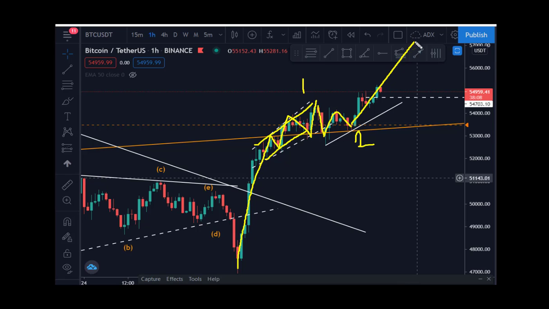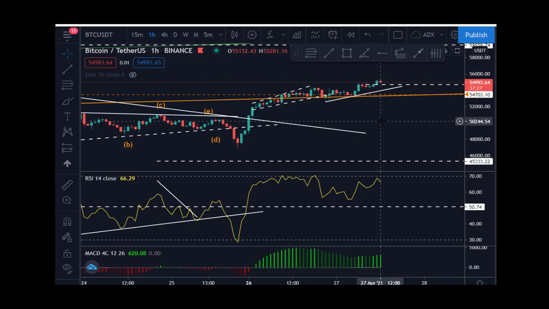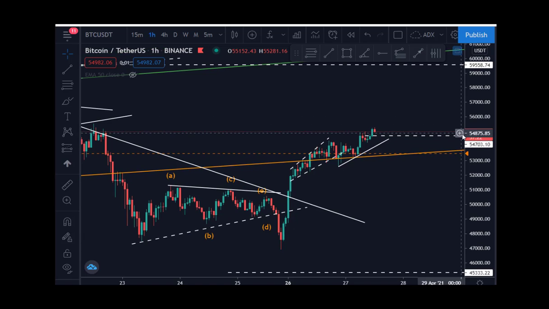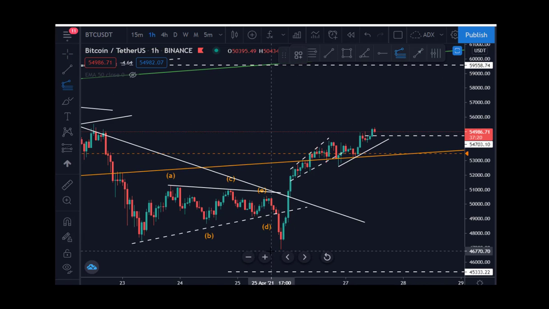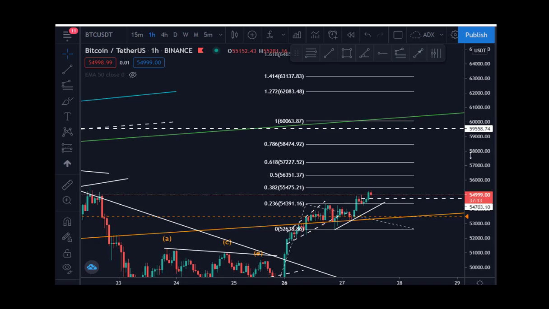This will be a 3rd wave, and most times this 3rd wave will be bigger than the 1st wave, guys. So we're expecting this 3rd wave to be bigger than this. Where are we expecting this 3rd wave to end? Let's take a fib of this. I'm expecting this to end within this region, guys. So we're expecting this to end within this space.